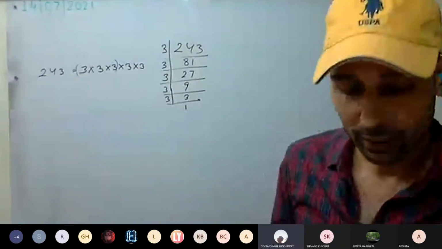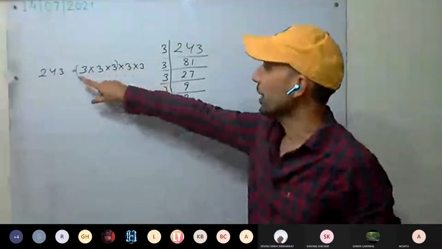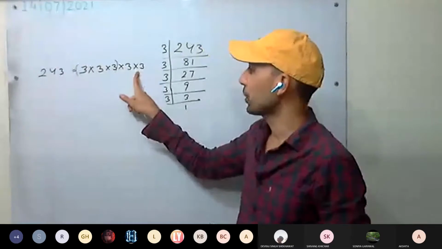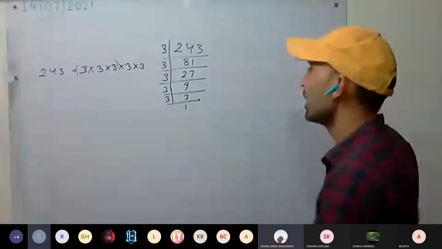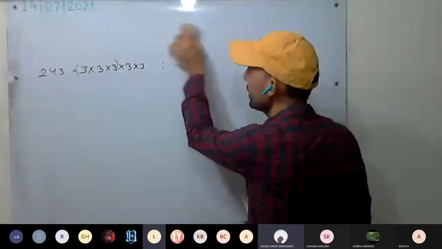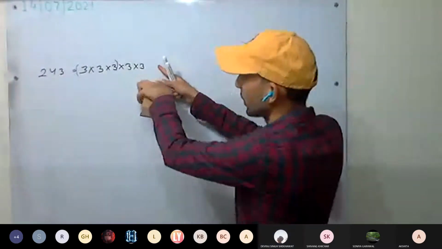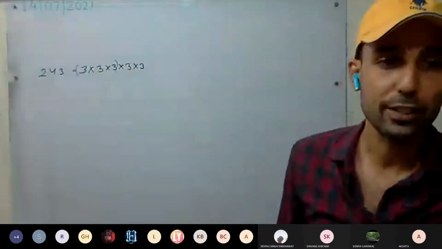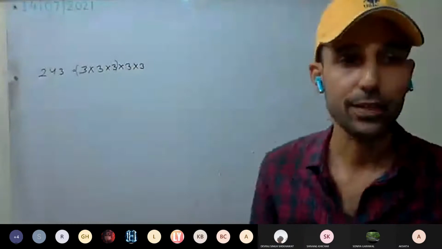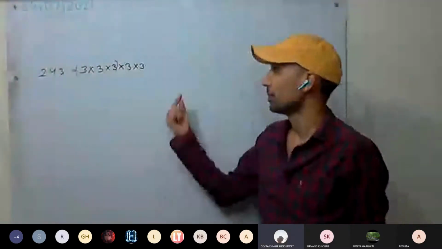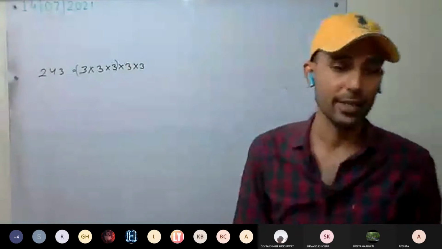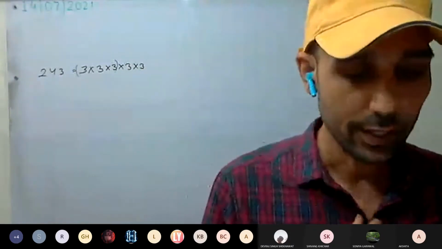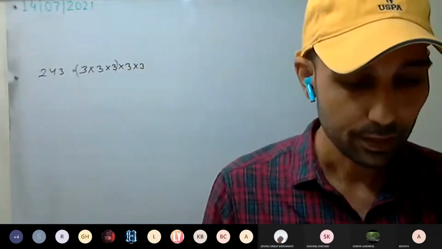Okay. Now again, I can ask you a question. If I have to make it a perfect cube, by what number should it be multiplied? By 3. We have to multiply by 3 and a triplet will be formed. By what number should it be divided to make it a perfect cube? By 9. We have to remove these, that means you have to divide by 9. Understood this one? Okay. Do the next one.